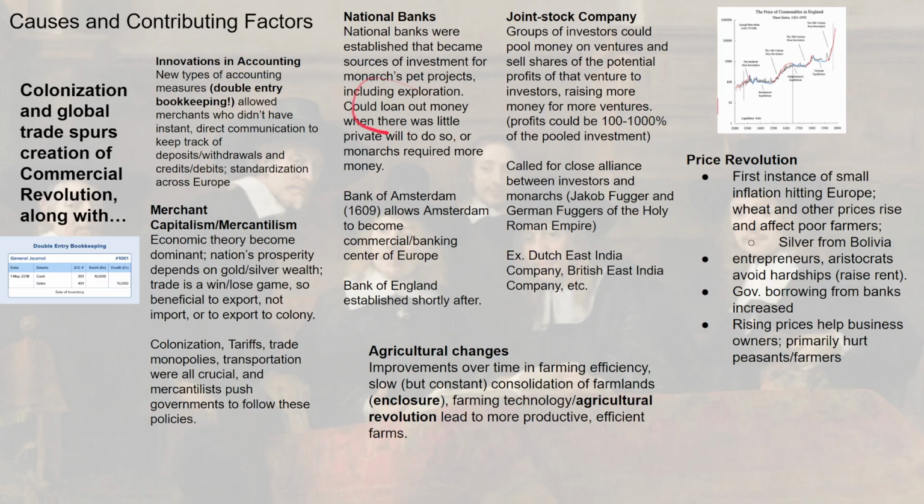Along those lines is the development of national banks. Again, if you're not going to form a joint stock company, you need a national bank, the Bank of Amsterdam, the Bank of England, these big banks that could fund ventures. They could fund other things such as city developments, which really don't happen too much until later on in this class, maybe second semester. But these banks that we're seeing develop in certain parts of Europe could fund these ventures. They could loan out money, and then when these voyages from Asia, Africa, or the New World, Western and Southern America, returned, they would get a return on their investment.